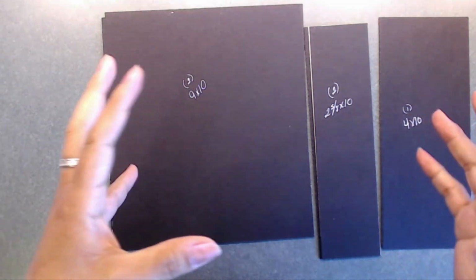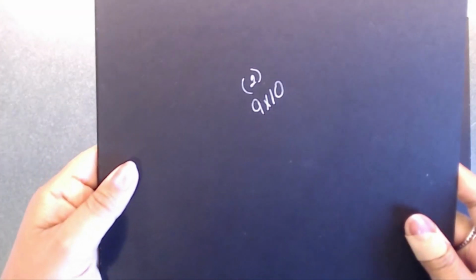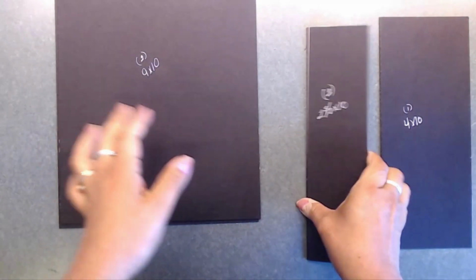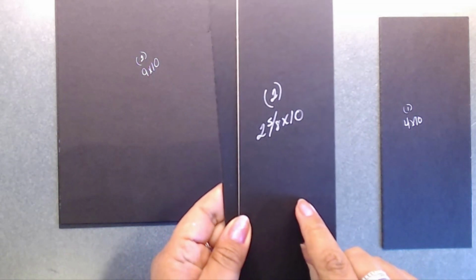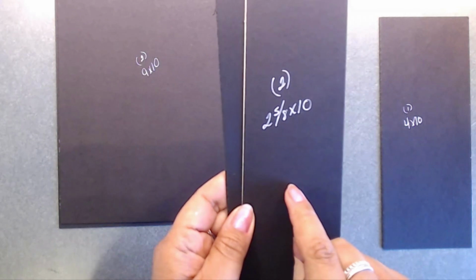So we're going to get started with the cover of our album, making the mini album base. You're going to need 2 pieces that are 9 by 10. That's 2 pieces. You're going to need 2 pieces that are 2 5/8 by 10, and one of them is going to be our spine to our book, which is going to fit our